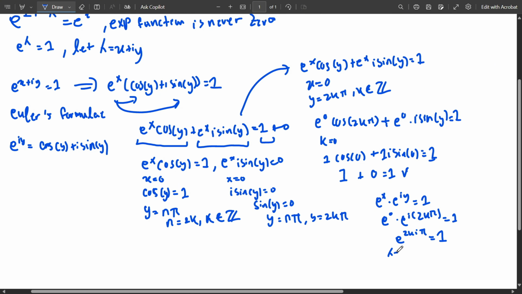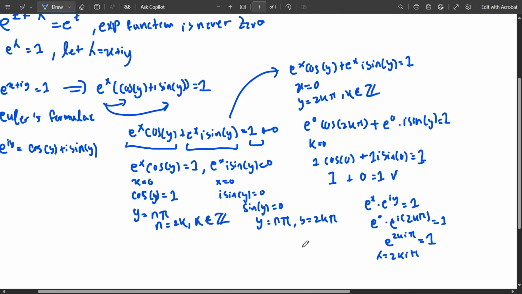That means lambda is equal to 2k i pi. So we have e to the z plus lambda equals e to the z, so e to the z plus 2k i pi equals e to the z. So this proves